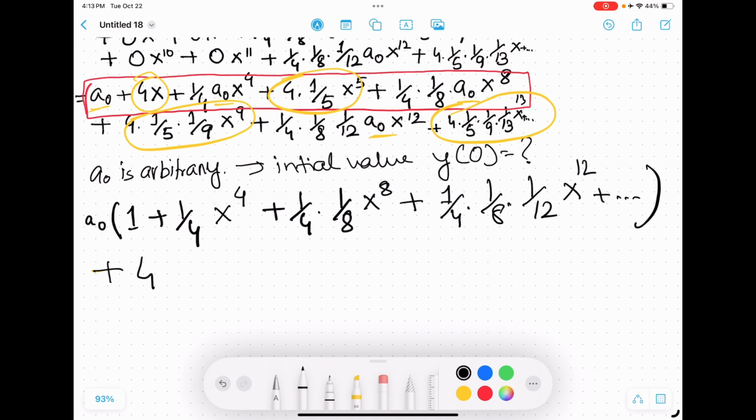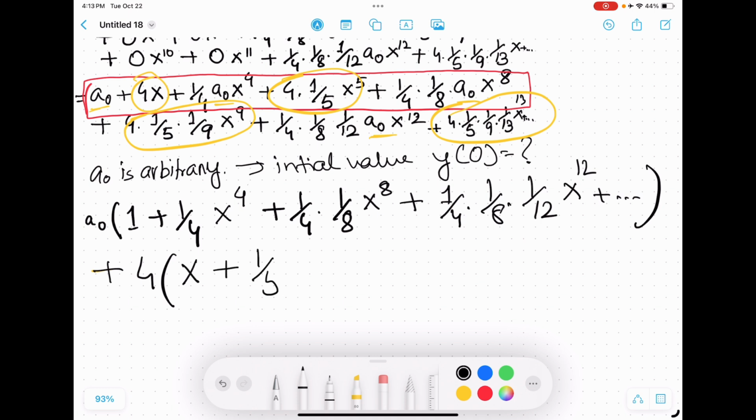You can also see that they have an x in common too. You can either pull out the x as well, or keep the x inside the bracket. It's totally up to your preference. I just want to take the 4 out and include the x inside my bracket. Again, you're more than welcome to pull your x out as well. All right, so if I do that, I have